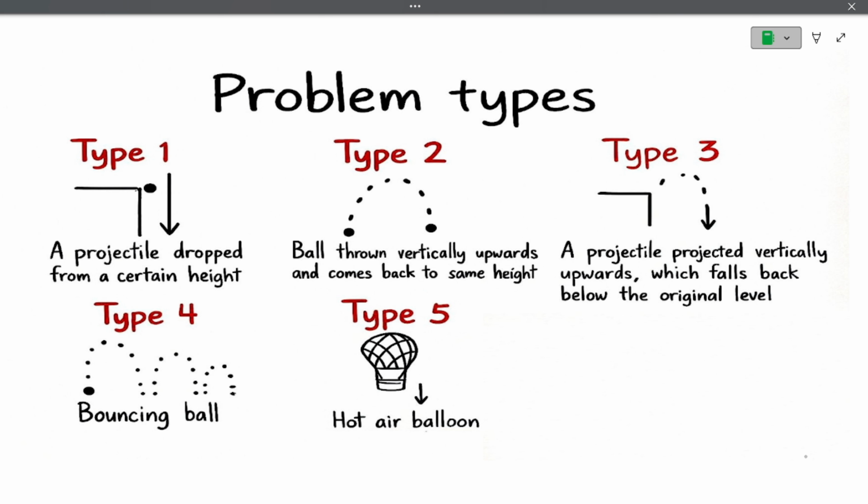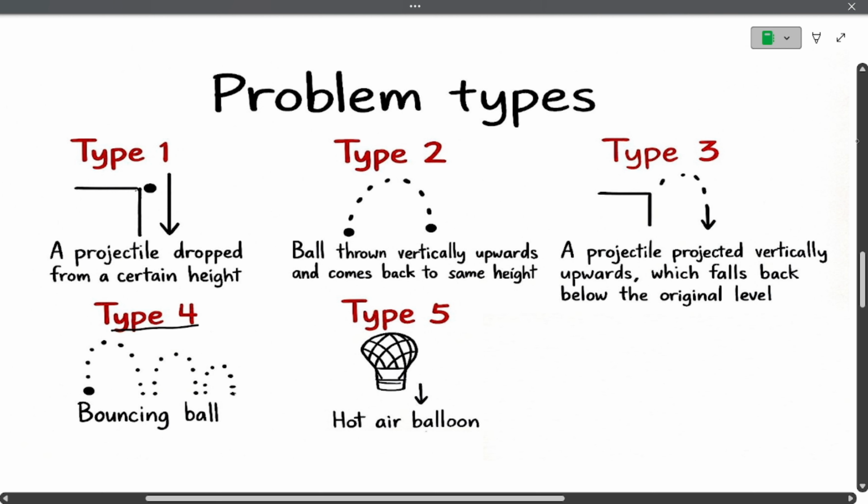Welcome to MzansiNumerics. Today we are focusing on a bouncing ball, which is problem type 4. In the last video we were focusing on problem type 3. So problem type 4 is somehow similar to problem type 3 and also problem type 2, because the very same